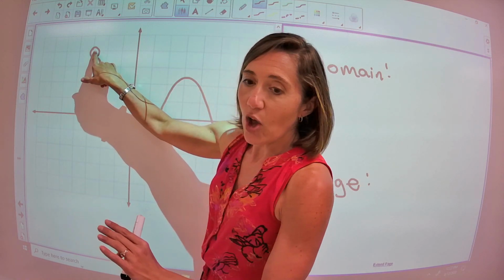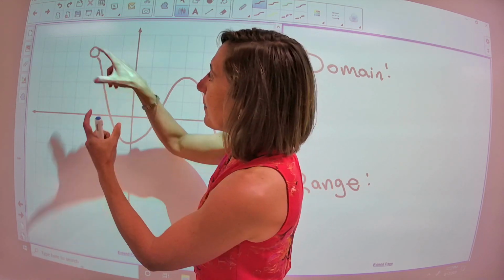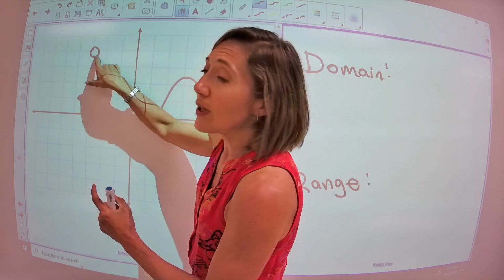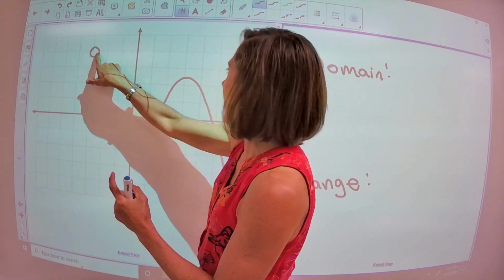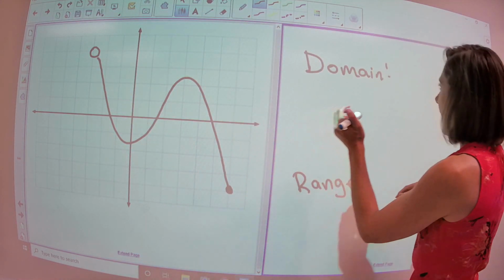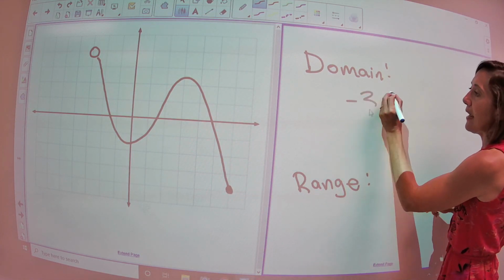And notice there's an open circle there. Open circle means that the graph doesn't actually get to that destination. So our x values are going to be between -3